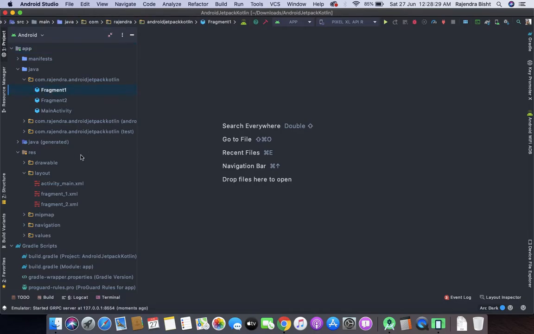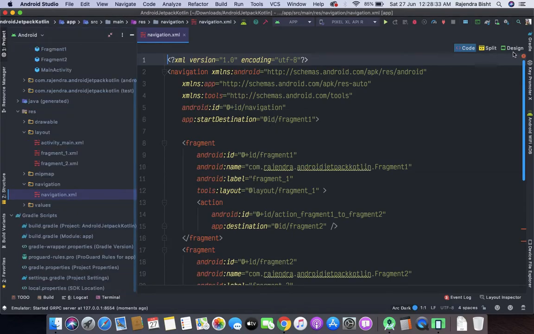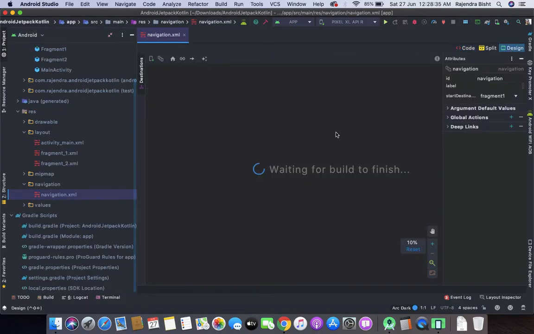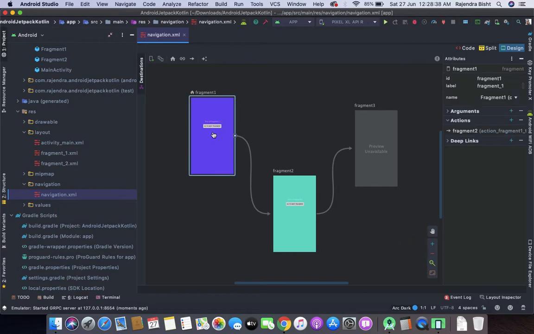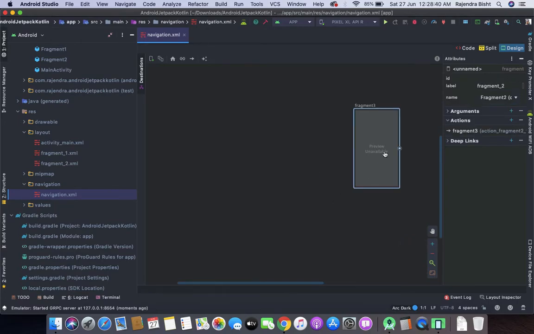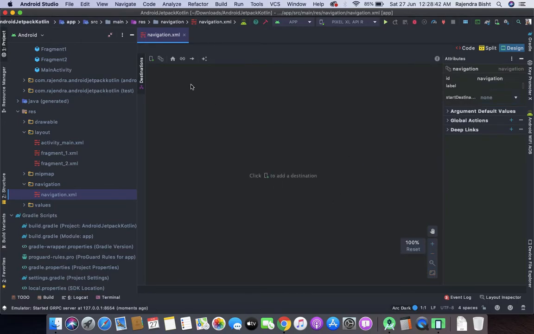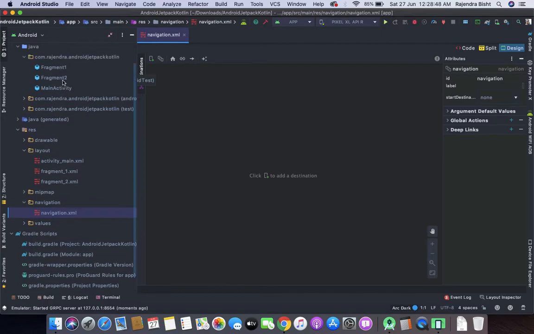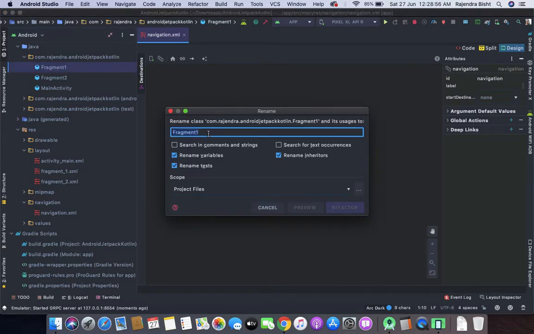Okay, now I am just removing all these navigation, and now fragment, I'm renaming the fragment 1, and this is our home fragment.